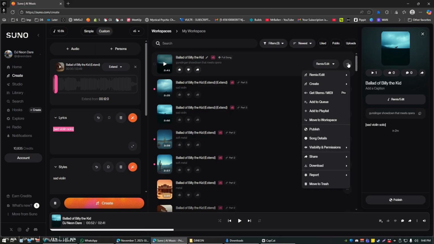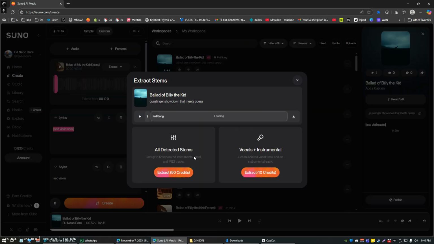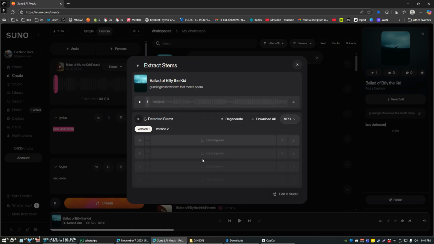And let's click the little icon here, and I'm going to go to Get Stems/MIDI, click that, and extract all the detected stems. This is phenomenal. This is a brand new feature of Suno as of a few weeks ago. What this is going to do is look at the song and say, okay, this is the drums, this is the vocals, this is the violin, this is the metal guitar. It's going to take all of those separate instruments, separate tracks, and separate them into